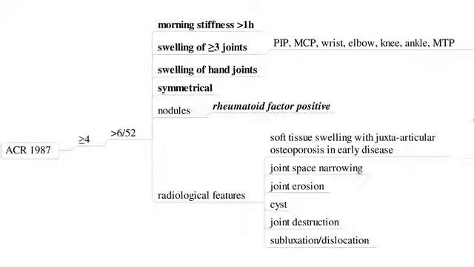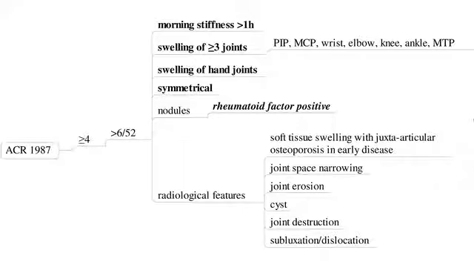Just to remind ourselves of the older criteria, where at least 4 points are needed, of a duration of greater than 6 weeks, morning stiffness lasting more than an hour, swelling of at least 3 joints, swelling of the hand joints, which are symmetrical, the presence of rheumatoid nodules, which mean that the patient will also be positive for rheumatoid